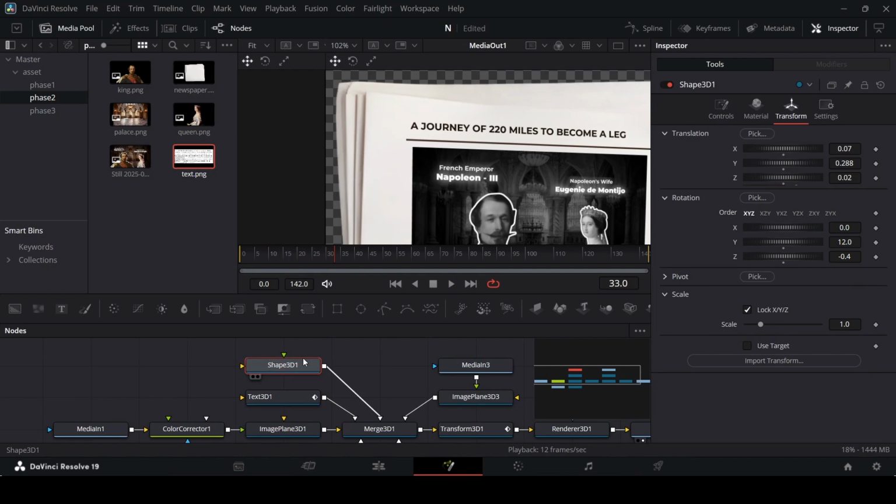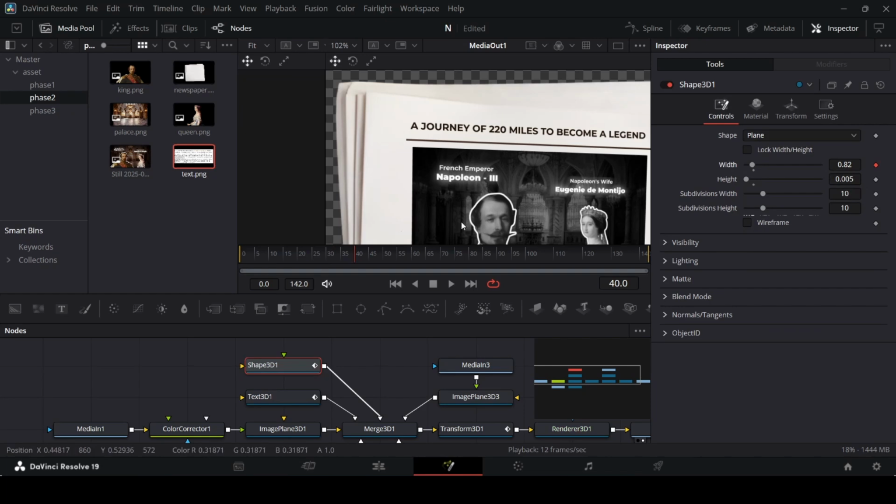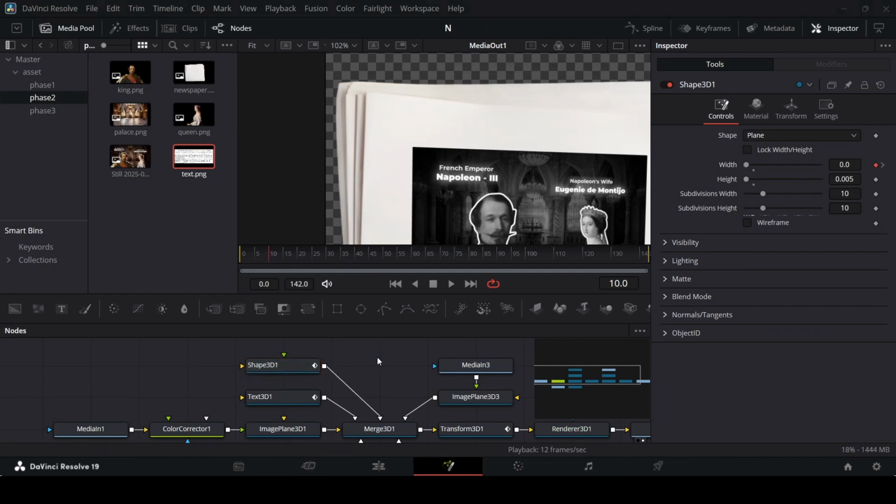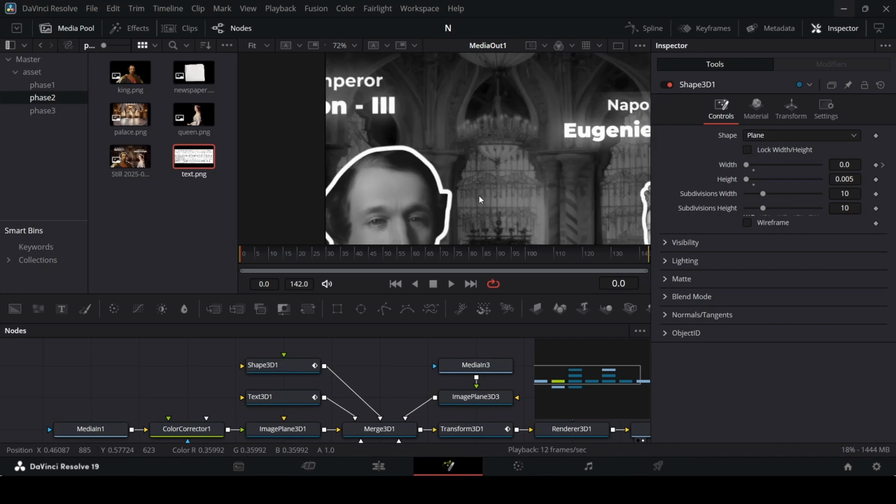Perfect. Now let's also animate our shape 3D. At 40, let's go over at controls, create a keyframe at width, then at 10, let's change this to 0. So if we play the whole thing now,